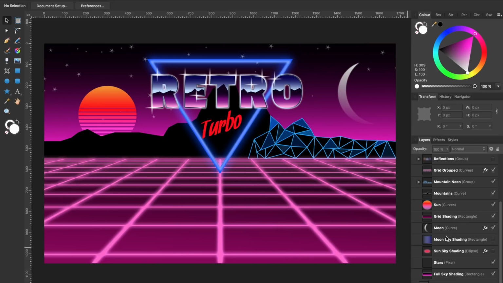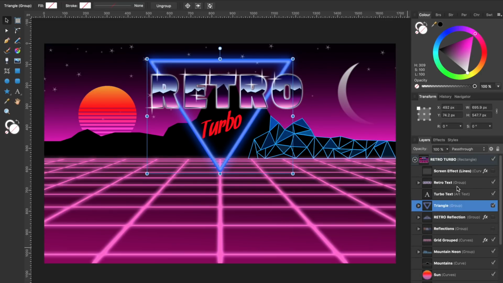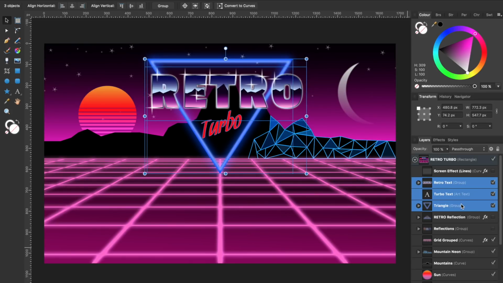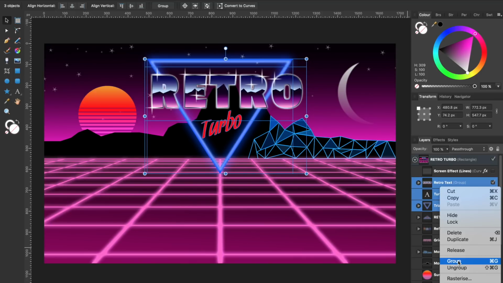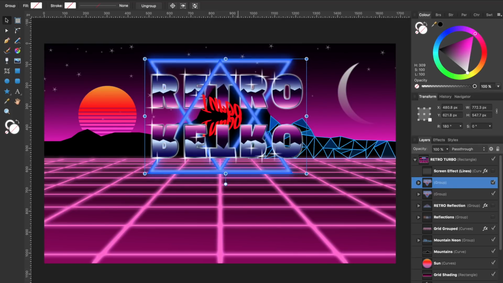So the reflections can be made like this. So if we go up to our text and we select the text and the triangle, we're going to want to make a reflection of this. So if you put them in a group and Command C and Command V, that's copied it. Let's flip it upside down.